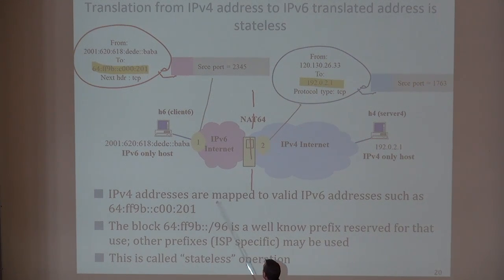Now the good news for this is that this mapping is completely trivial. So it is stateless in the sense that the NAT doesn't need to remember anything. When a NAT receives a packet here, it has to do something for the source IP address, but for the destination, it simply removes the first 96 bits, and it gets immediately the destination address. And similarly, in the reverse direction, when it gets a packet from this server to that destination, it can immediately do this stateless operation.